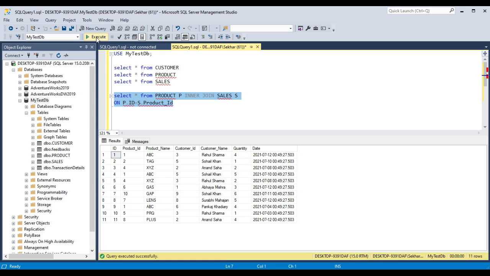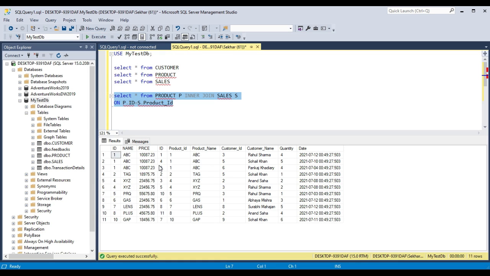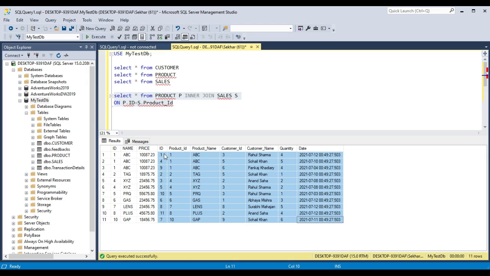If you run this query, now you can see it is giving all the fields. The first three fields are from the product table, that is on the left side of the inner join, and these are all fields from the sales table, the right side of the join.